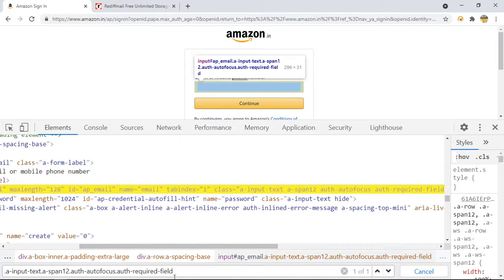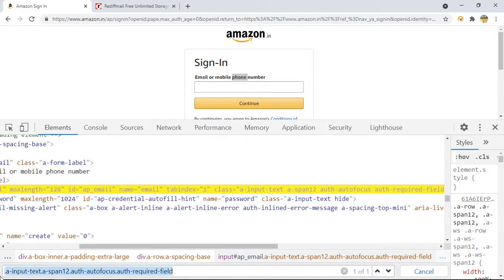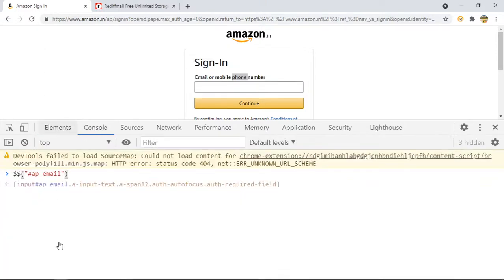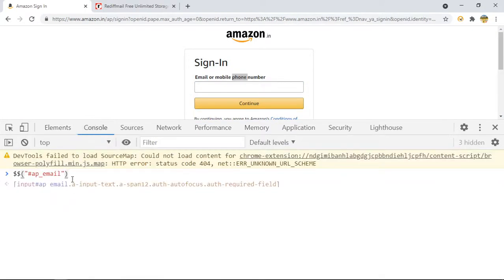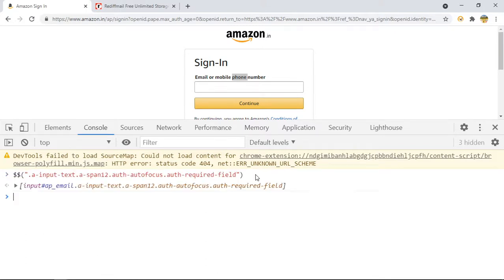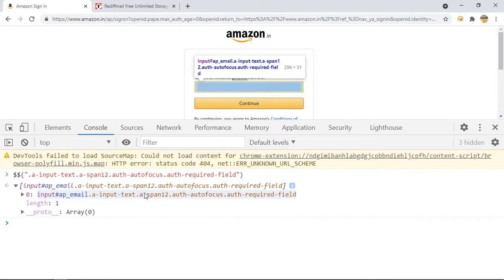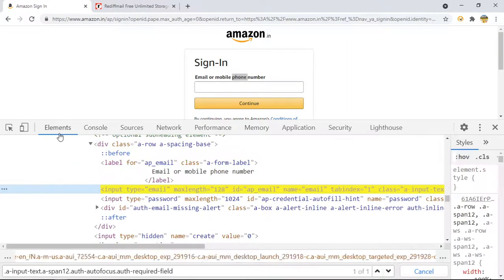Now it will be a CSS selector. If you want to validate, do not depend on this every time. Paste that CSS, hit enter, and you can see it is highlighting our text box. So this is how you can use this shortcut for CSS.